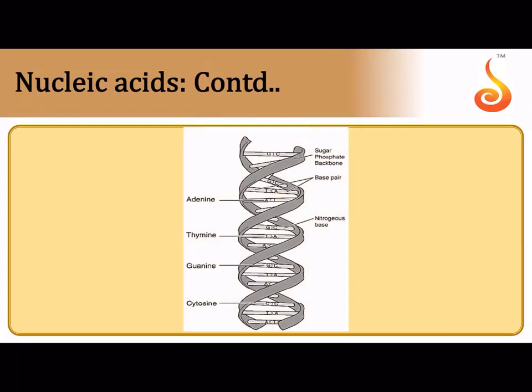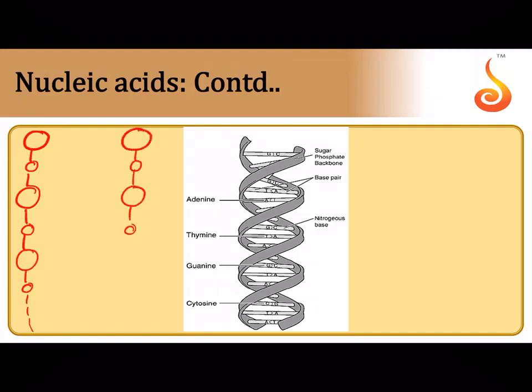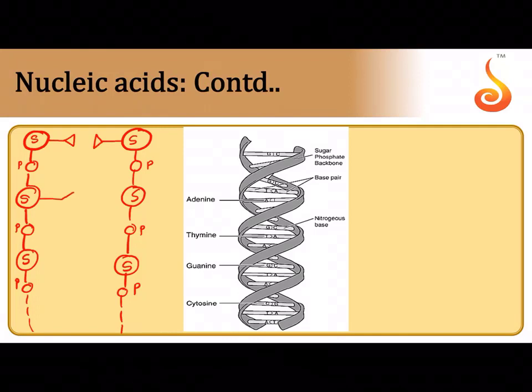So see, it's as if you have 2 chains. Let me show here: sugar, phosphate, sugar, phosphate, sugar, phosphate. It goes on. Now the sugar is corresponding to the sugar in the next chain: phosphate, sugar, phosphate, sugar, phosphate, and so on. So S, P, S, P, S, P. Here also S, P, S, P, S and P. Now where is the nitrogen base? Nitrogen base is at right angles to the sugar. Now see how it looks like a ladder. DNA looks like a ladder like structure here, yes or no?